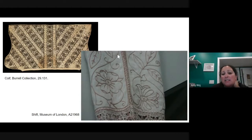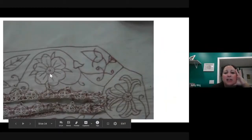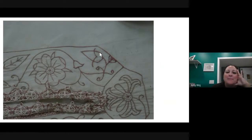This shift you can see here, these are actually two stripes that run down the back of the sleeve, the top of the arm. And you can see this is worked in stem stitch. This is another shot of the front of that shift. And I love this picture because you can see where somebody had much more ambition when they started this